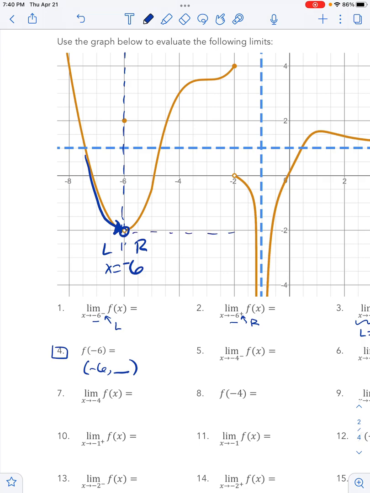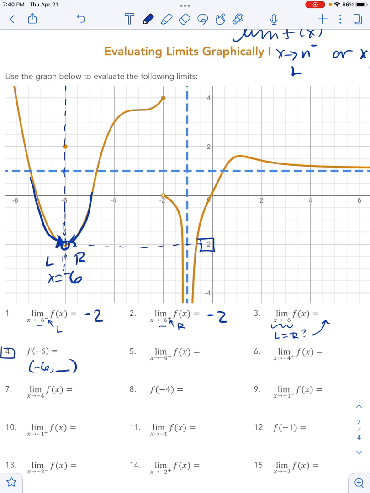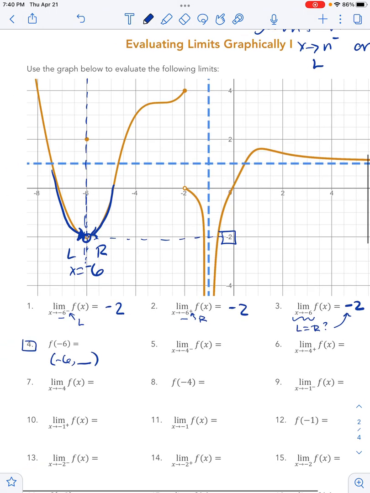As I scoot over here and check out what that value is, it's a -2. What if in question 2, I go to the right of that vertical line at -6? Now I'm on this graph. Head towards this value of -6, and the graph goes down towards that same open circle, so it has the same value. So both the left and the right approach -2, which makes the -2 our overall limit as x